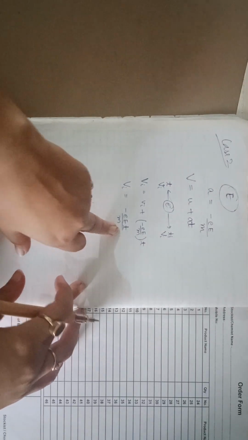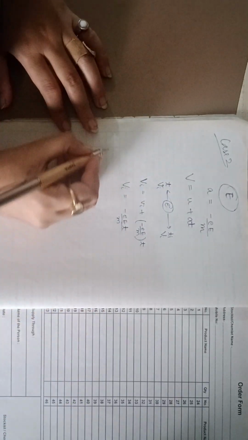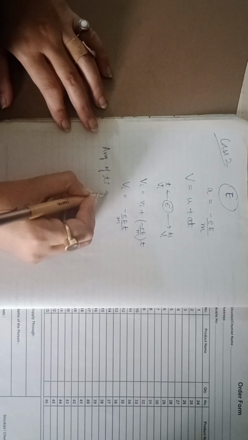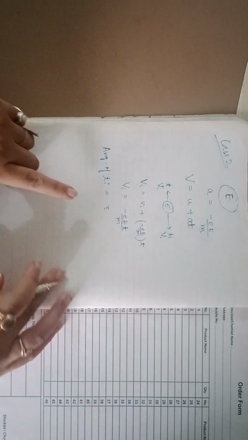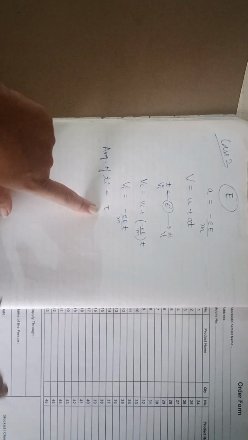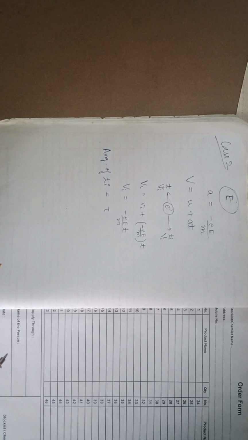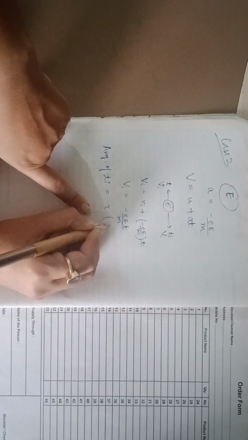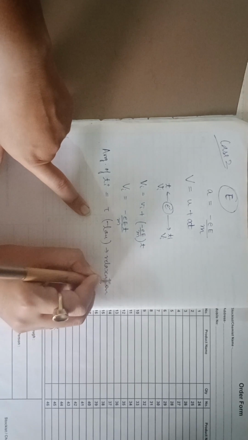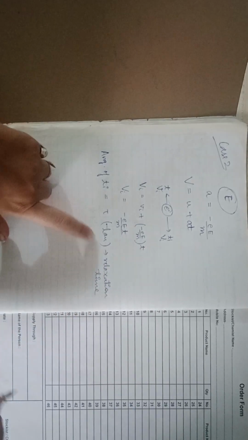Okay. Now I am going to introduce one new symbol here. The average of ti is equal to tau. This is a new symbol, tau. Tau means the relaxation time, or the average time between successive collisions. ठीक है, collisions लगातार होते जा रहे हैं तो उसमें कुछ time difference रहेगा, that is tau. This is called relaxation time. कितने देर के लिए उसको रिलैक्स वो कर रहा है बिफोर एंड आफ्टर कोलिशन. ठीक है, ये हो जाएगा.